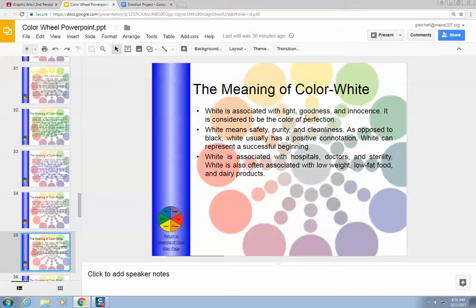White. White is associated with light, goodness, and innocence. It's considered to be the color of perfection. White means safety, purity, and cleanliness as opposed to black. White usually has a very positive connotation. White can also represent successful beginnings. White is associated with hospitals, doctors, things that are very sterile. White is also often associated with low weight, low fat foods, and dairy